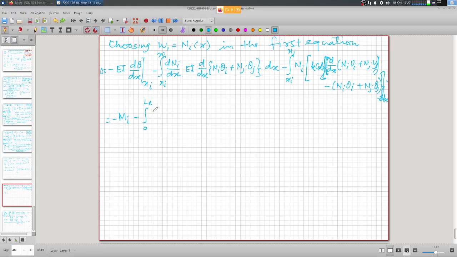So dNi by dx is equal to minus 1 over Le, the length of the element, multiplied by EI, and then again this is dNi by dx theta i plus dNj by dx theta j. So this is going to be theta j by Le. Okay, I can just take Le as a common factor, and this is only going to be theta j minus theta i dx,